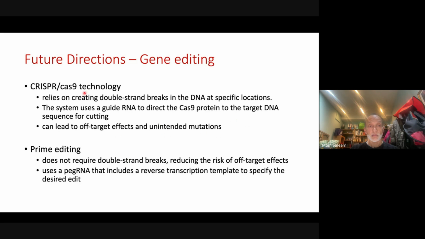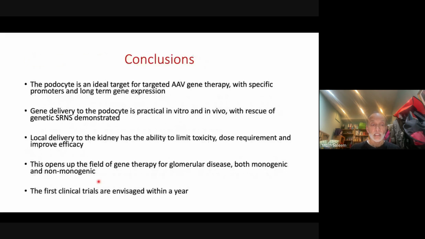Prime editing is a more up-to-date version of the CRISPR-Cas technology that doesn't require double-strand breaks, so it reduces that risk of off-target effects and uses these things called pegylated RNAs. So again, I won't go into the detail, but they are much more specific and again could be used in the future. So just to finish off then, I hope that I've shown you some of these key